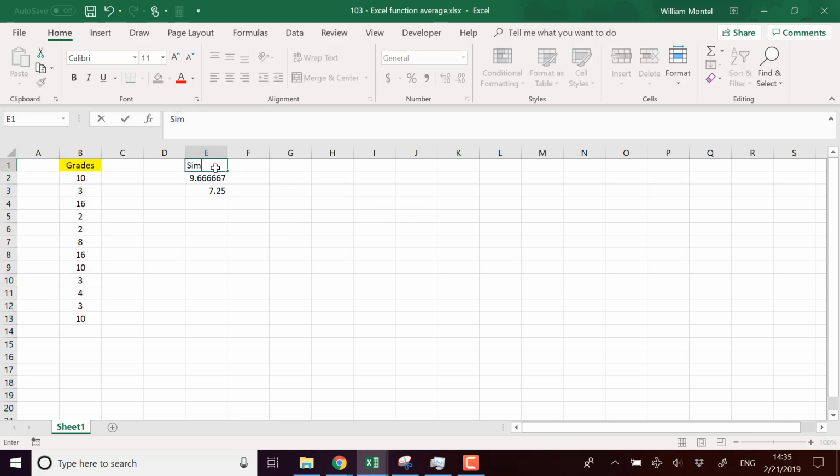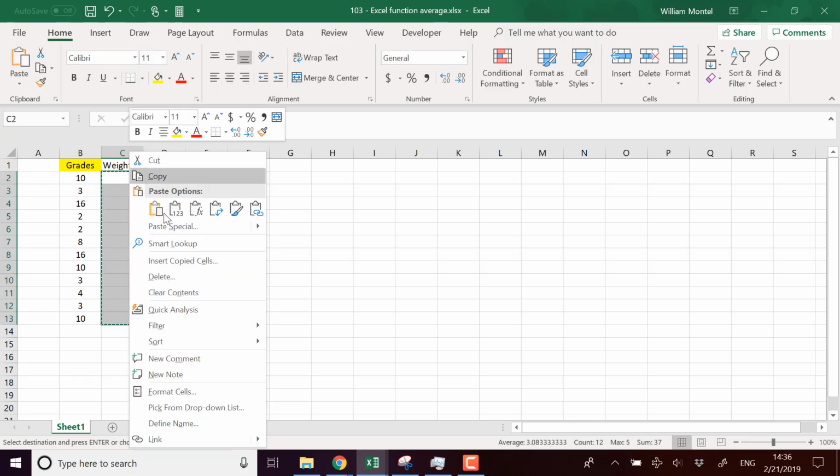So simple. If you want a weighted average, in that case, for each grade we want a weight. So, for example, if math is more important than English, or if you have different factors to take into account. So I'm just gonna put weight here, weight, and I'm going to take a random weight between 1 and 5. Which is going to be here,